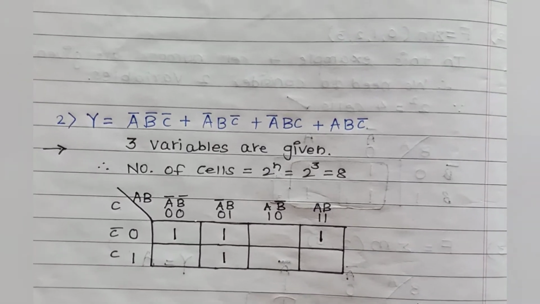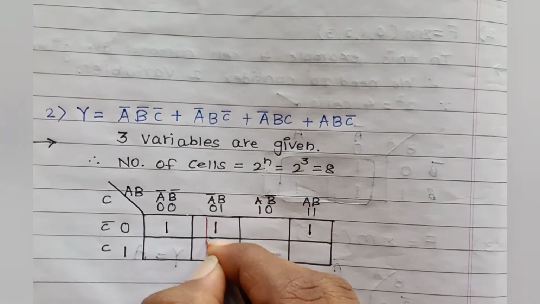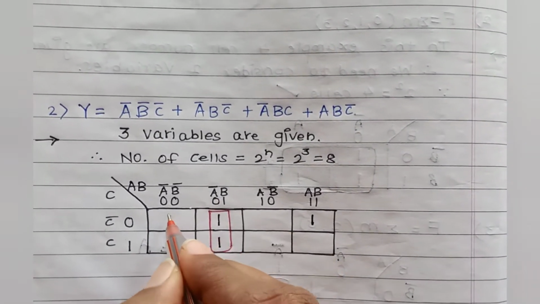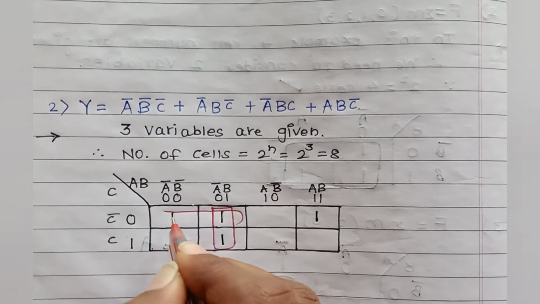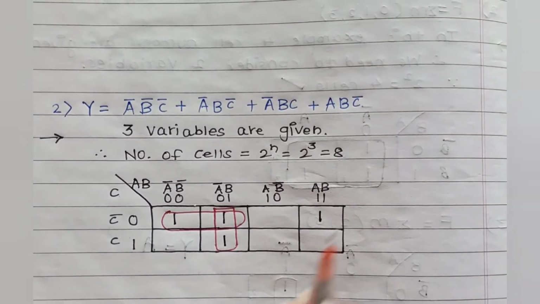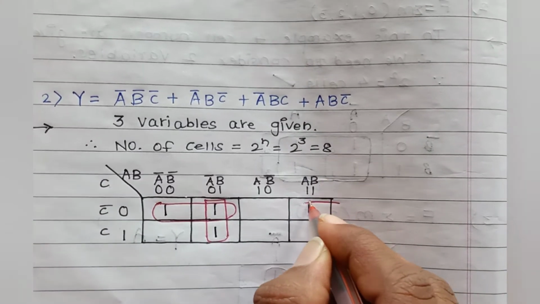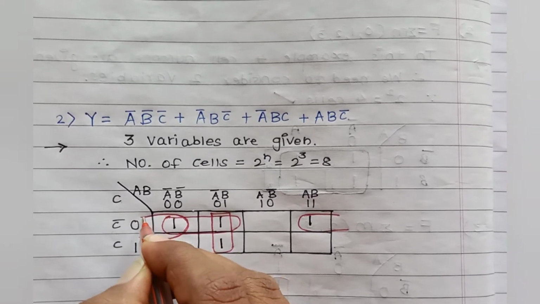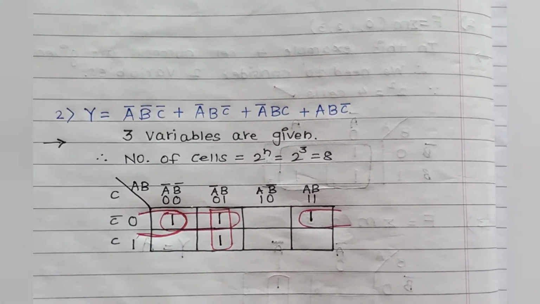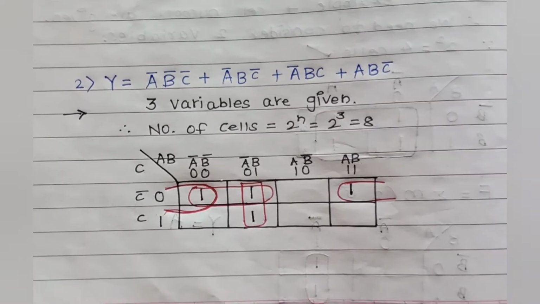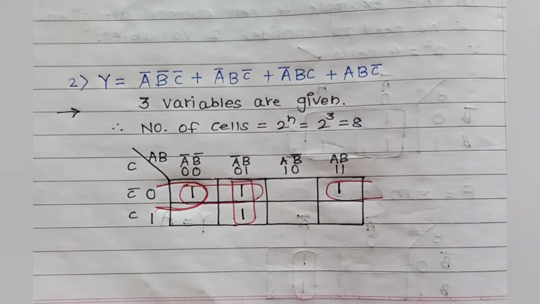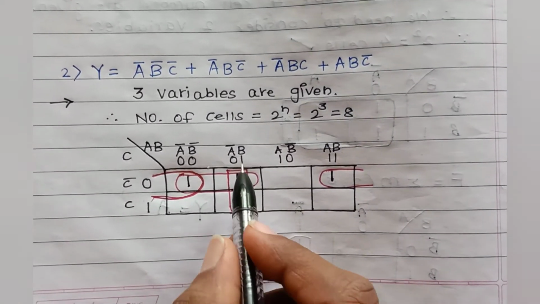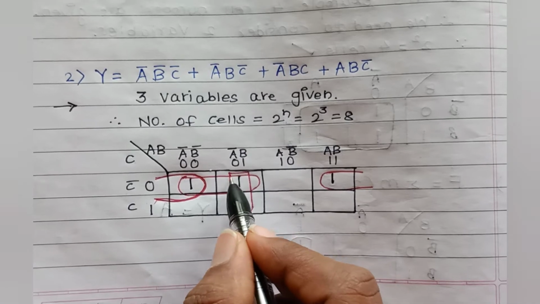Now we need to form the pairs. How we will form the pairs? I will form the pair like this. Means this will be the first pair. Then this will be the second pair, right? And this one I can consider with this one, right? We can form the pair with corner ones also, right? In the K-map rules I have explained that also, means how to form the pairs or how to consider the group of that numbers. So after forming that, suppose if we consider here our first pair as 1 1.